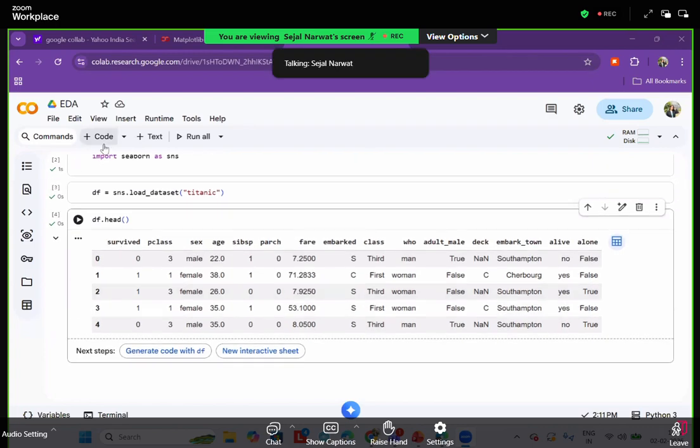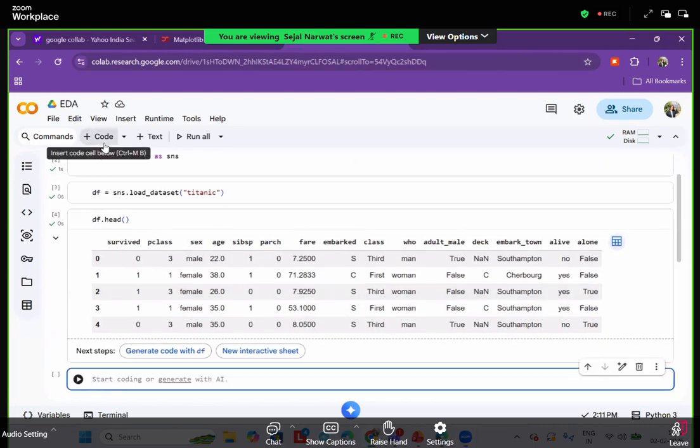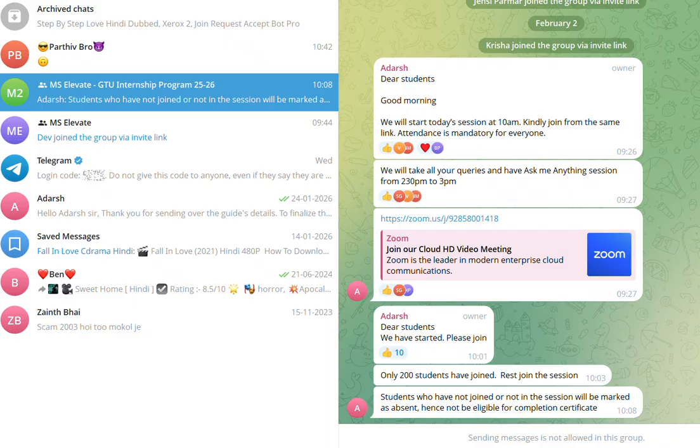Okay. After this, we identified the categorical and the numerical columns. So now we are using df.shape so that we can get the number of rows and columns, basically how many we have. So you can see we have 891 rows and 15 columns. After that,